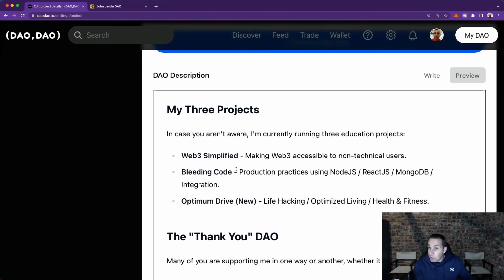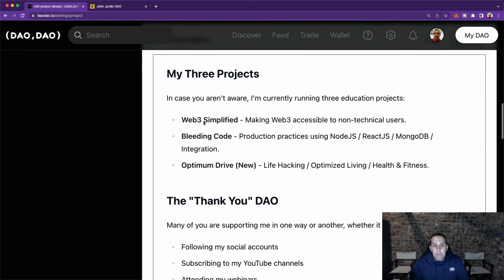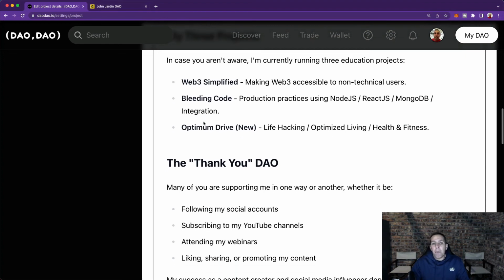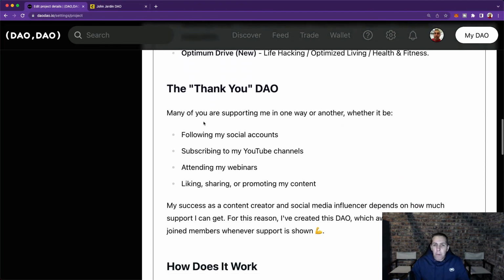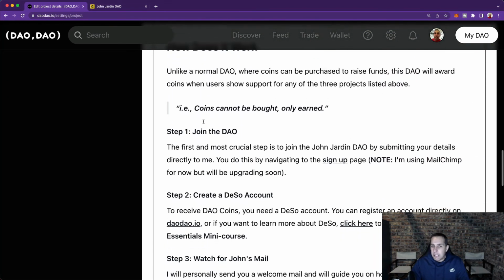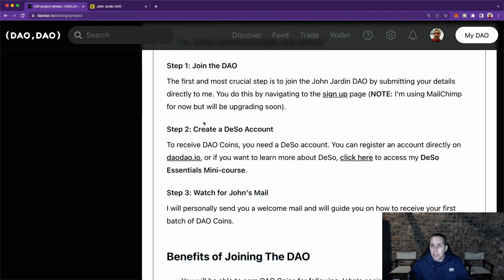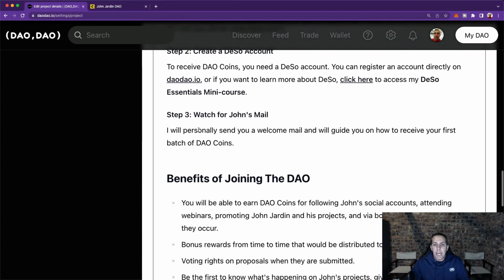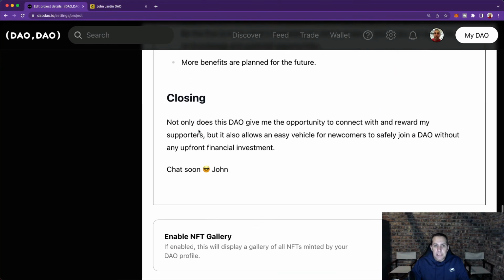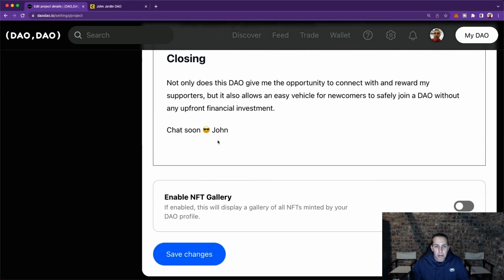Some people go as far as creating full-fledged white papers, which take weeks and involve a lot of negotiations. But for a lot of the DAOs, especially just getting started, create a little bit of a roadmap on what you intend to do and what your DAO is about, and sell yourself. Really sell yourself. So this is your sales pitch and your detailed description of how the DAO works.